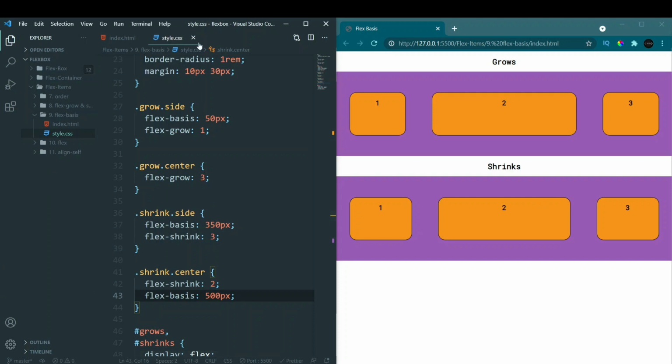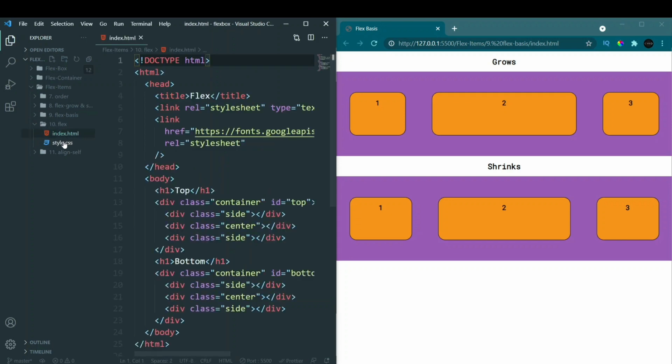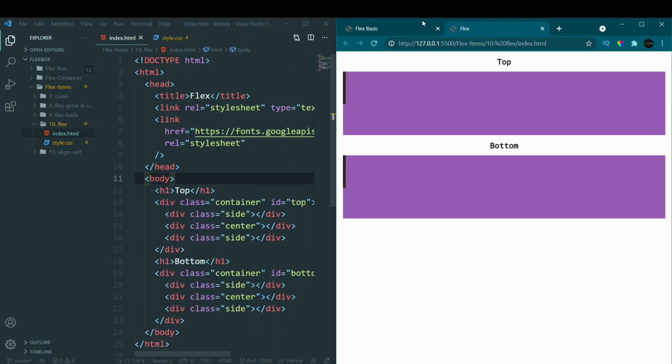Moving on to the next property that we have, which is just called flex. Now don't be confused between this and display flex. Display is a different property and this flex property is a completely different property. What this flex property does is, it is again a shorthand property for 3 values: flex grow, flex shrink and flex basis. So this property does not have any meaning in itself. It is a shorthand that we can use for using 3 commands in one, that is flex grow, flex shrink and flex basis.